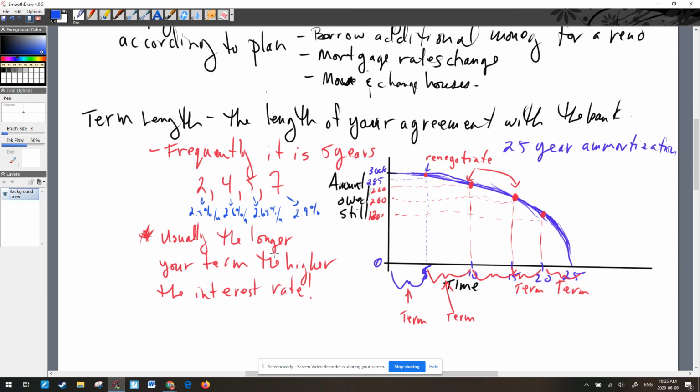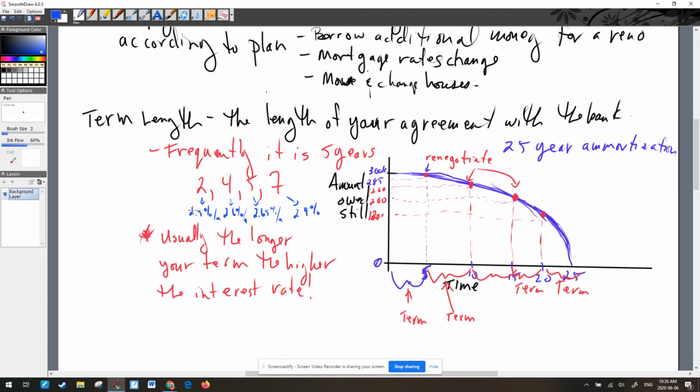And the reason is because the money that the bank lends you for your mortgage is not really the bank's money. It's other people's money who have made investments. And so the bank doesn't have to, but the bank usually pays them some interest. So if the bank is paying the people 1% interest for their money, that means that the bank gets to make 1.5% interest. That's the difference between those.